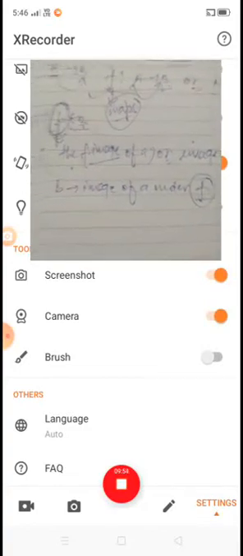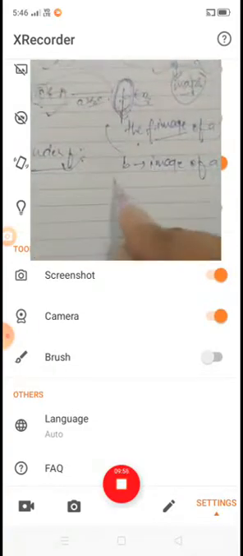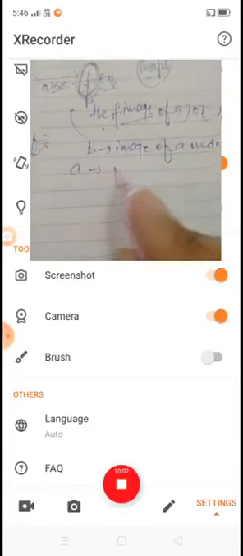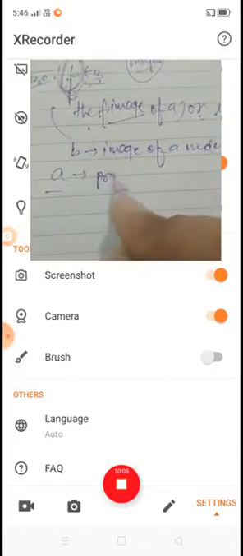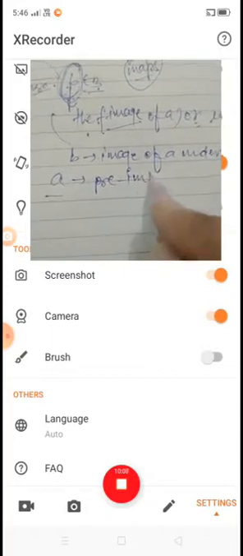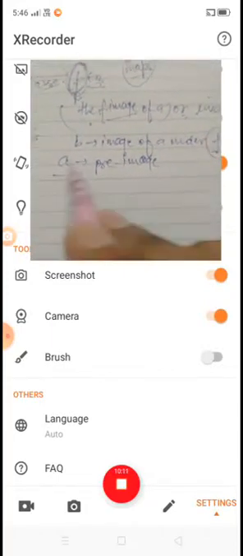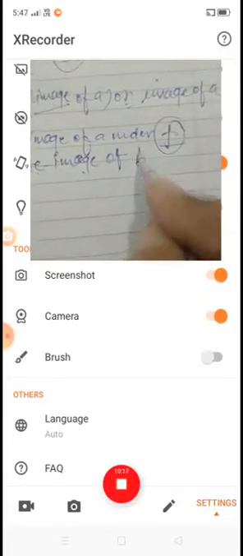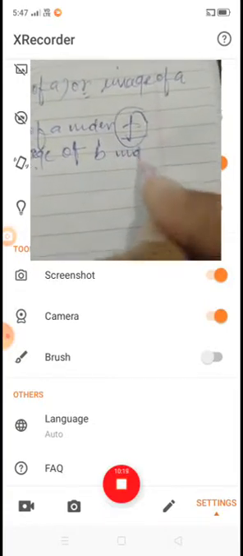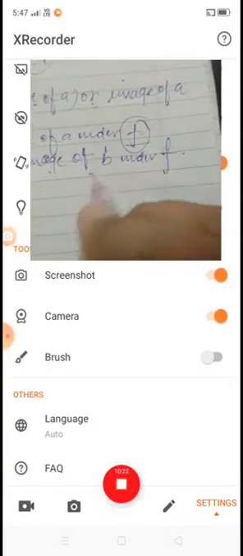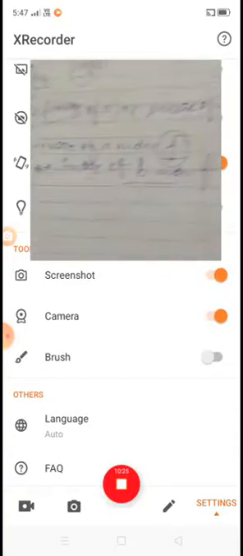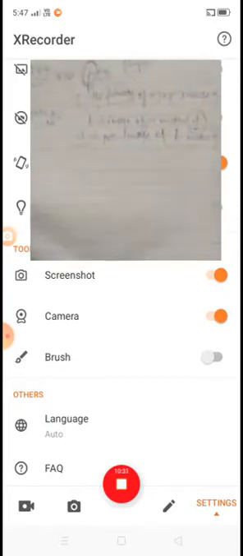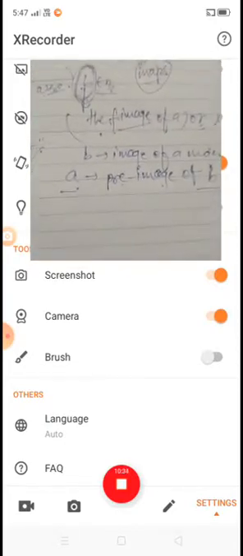Also, a is called the pre-image of b under the function f. This is the concept behind that. Okay, now clear?